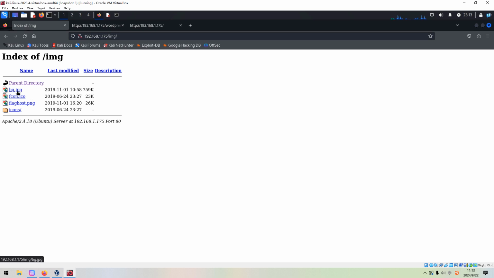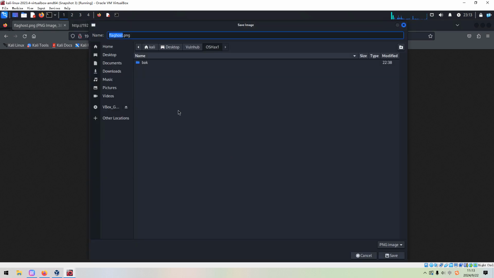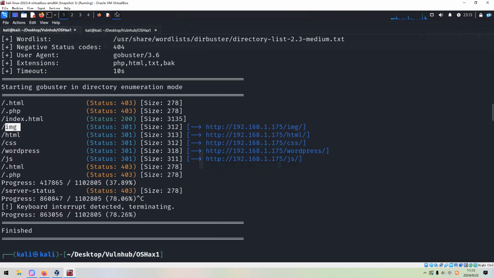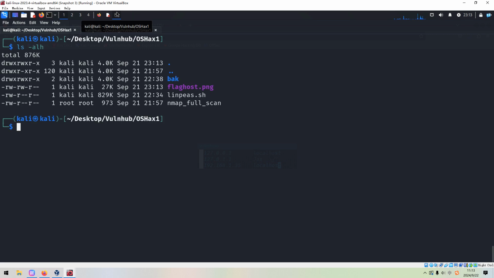Besides the background picture and icon, there is another very interesting image, flag host. We need to put this information in, just as I did, but this doesn't work in my case. I don't know why. However, if you download this picture to our working directory on Kali Linux, we can analyze this image using different techniques.